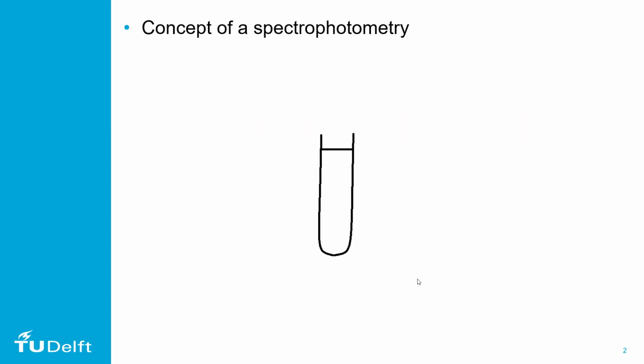So it all starts with the test tube being filled with the body fluid. So this is the body fluid that fills up the test tube. Now, when we load this sample in the spectrophotometer, we irradiate it with a specific intensity of light, let's call it I1. Some of the intensity is absorbed, and the remaining intensity that comes out, let's call it I2.